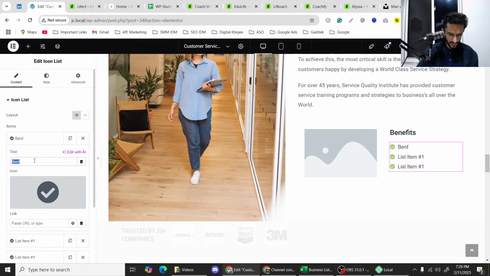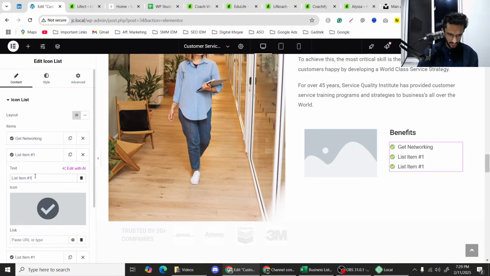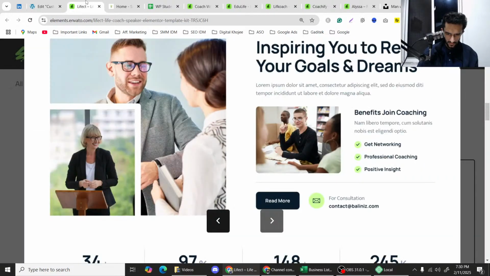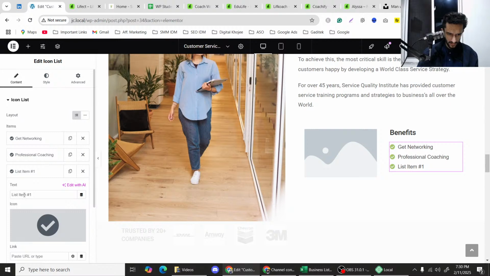गेट नेटवर्किंग, प्रोफेशनल कोचिंग, नेटवर्किंग, प्रोफेशनल कोचिंग, पॉजिटिव इंसाइट्स।